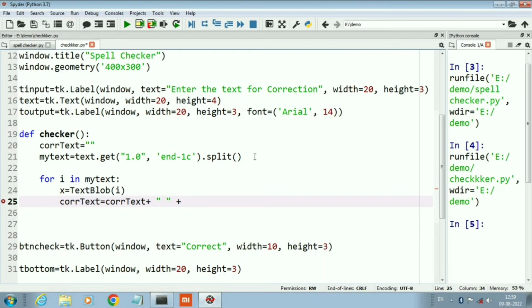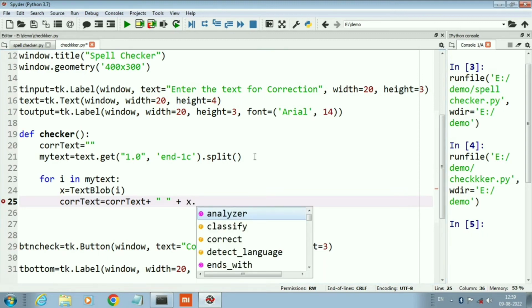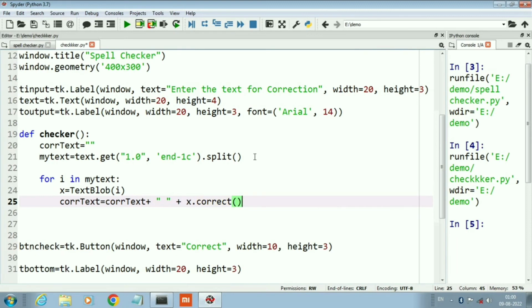Here I am doing concatenation as well as correction in a single line. Here by using the correct command I will correct the misspelling, and then I will concatenate the correct version with a blank string whose name is corrText.